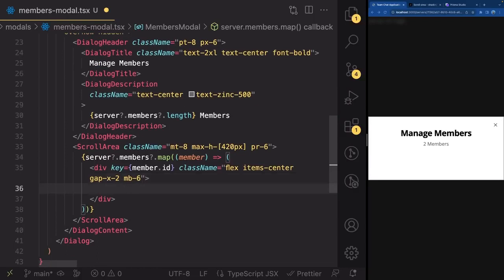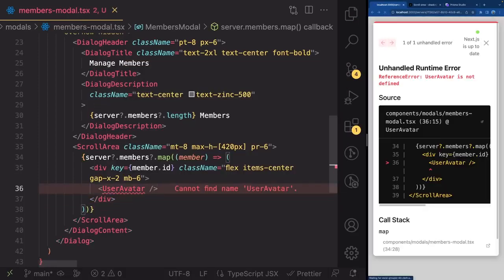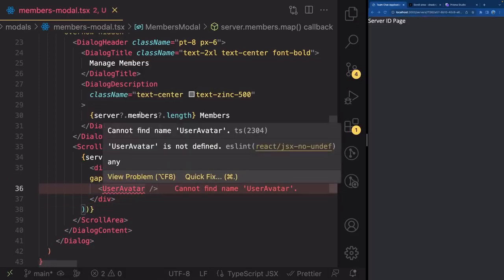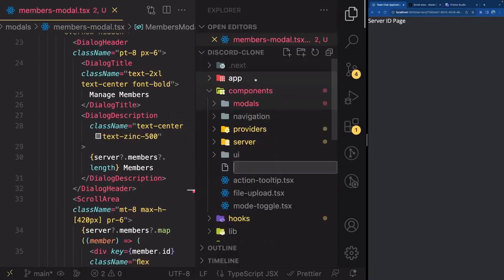Great. Inside of this div, we're going to create a new component called user avatar. So in order to do that, let's first render it, user avatar like this, and now we're going to get an error. So let's go inside of our components folder and create a new file